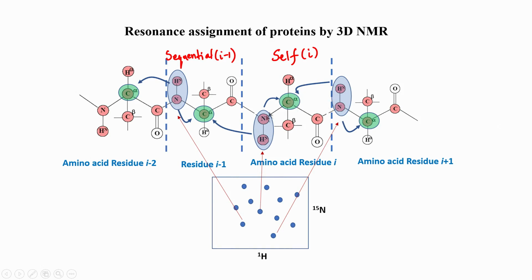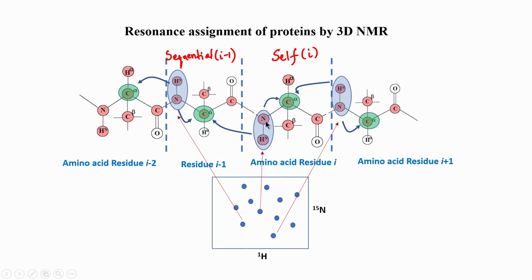So, these two now are connected to a common C alpha, and that could be I plus 1 therefore, and this is now I plus 1. Now, this further will connect to I plus 2 and then I plus 2 will go to I plus 3 and so on. So, you see what we have done here, we have connected inter amino acids, 2 amino acids by this common NH. So, in other words, one C alpha is shared by 2 NHs. You can look at it in that way also.